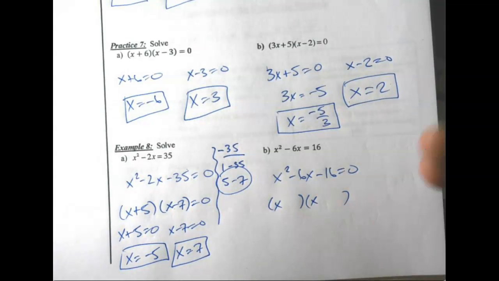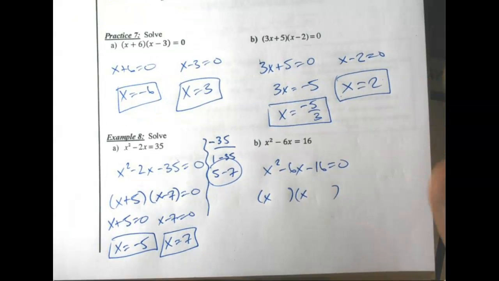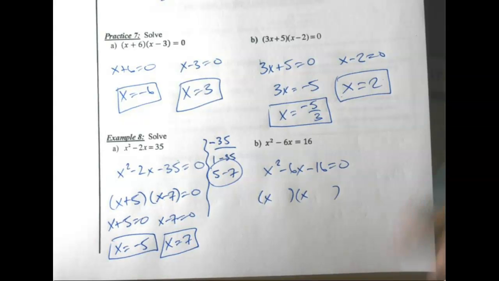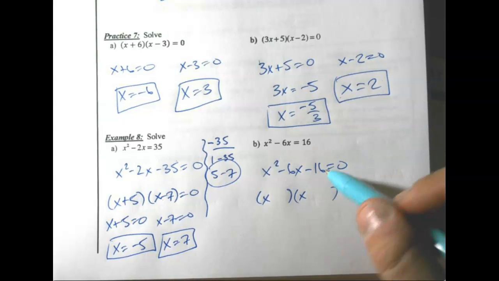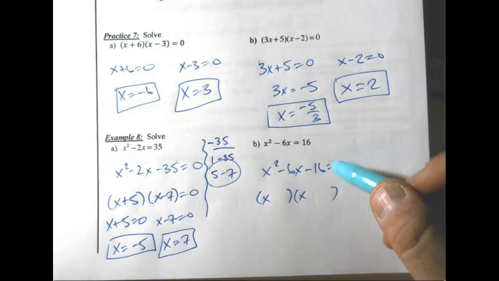Factoring is simply what we did in the last lesson, so don't let it be too complicated. 6.6 part 1, we did factoring. Now we're just throwing in the one extra step where it equals 0 and we solve it. But the factoring is really the harder part. So anyhow, on this one I need two numbers I can multiply to get negative 16 that add up to